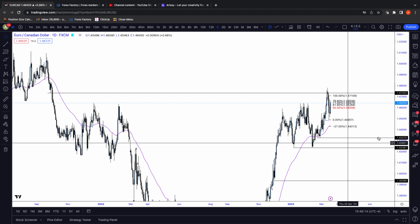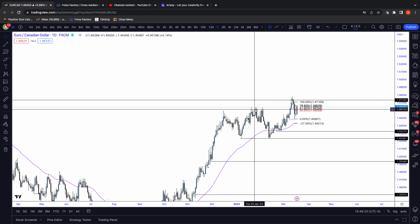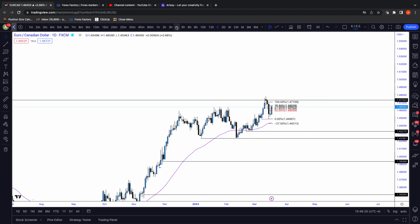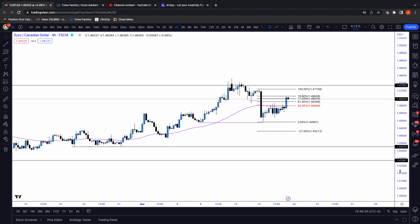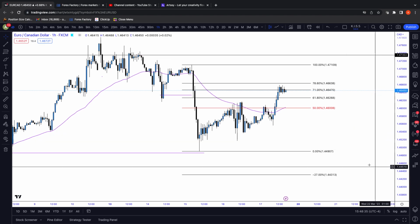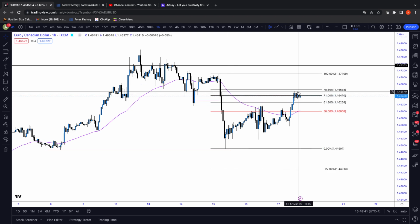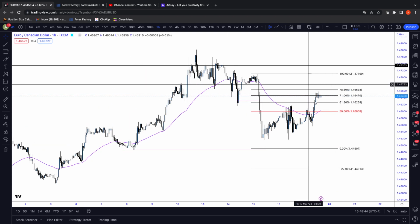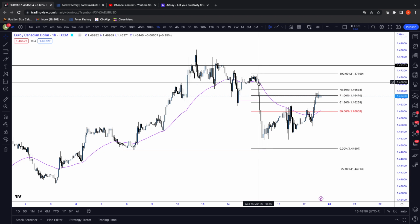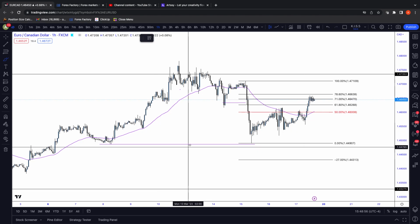We have traded into that now, and so this could be the makings of a UTAD, upthrust after distribution, running out these highs, trading into that flip zone with the sell side liquidity. It does appear to be rather enticing. So we just need to be patient with this one and wait for the lower time frame price action to validate that this is indeed going to be respected. We're going to create a lower high and then a new lower low. So we just need to see that lower time frame kind of buy to sell, potentially trading up into that 78.6 or a little bit deeper, kind of 4.680, as confirmation for a shorting opportunity